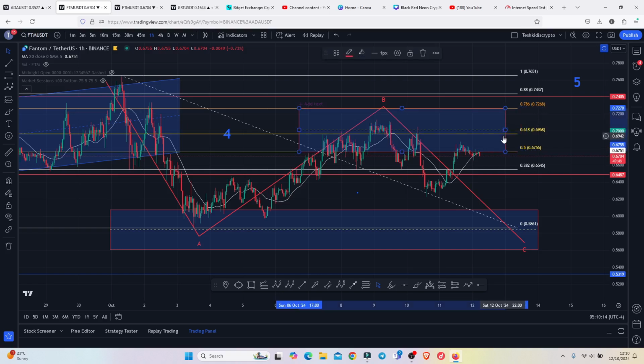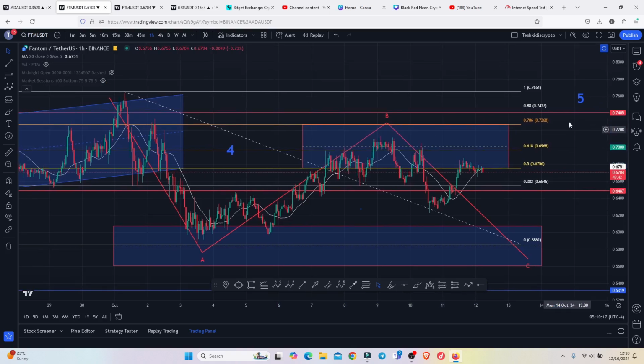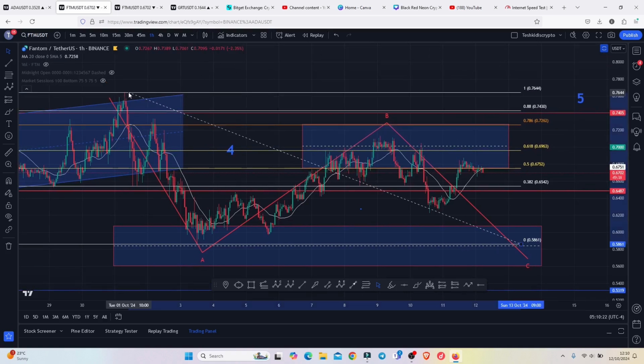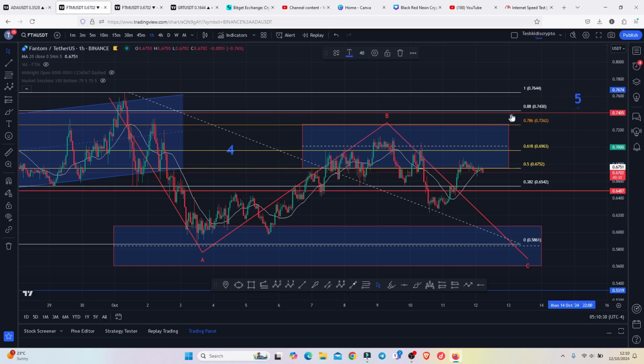In case in the next coming hours we manage to break through this key area of resistance over here and also manage to break above the high we made above the $0.7644, then we can easily start that impulsive movement to the upside in a larger Elliott wave count 5,